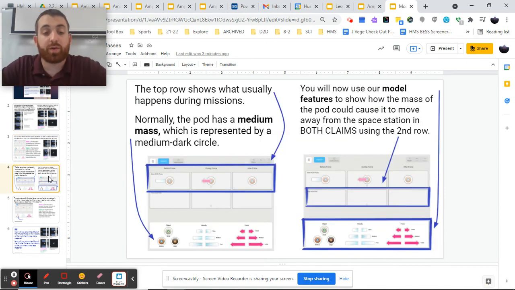In our modeling tool, you're going to first see a row that shows what should have happened in a normal mission. And notice that in all three, we have object B. So the object B is that normal mass object with the normal thruster for normal velocity coming in, the normal thruster force affecting it, and the normal docking happening when it stopped. Now, your job is going to be to use our modeling features to show how the mass of our pod could have caused the pod to move away from the station for both claims using this second row. And we're going to show you how to do that in claim 1 and in claim 2,